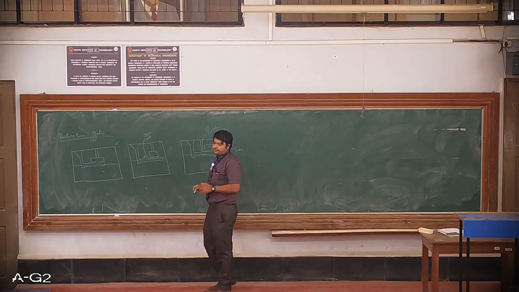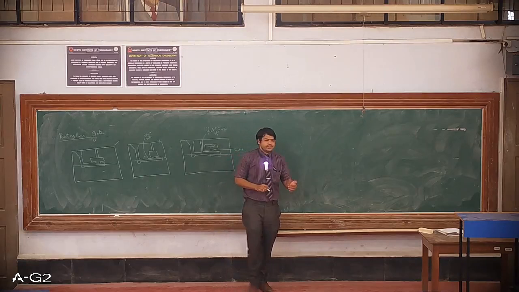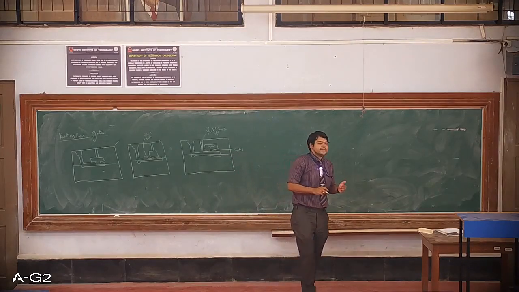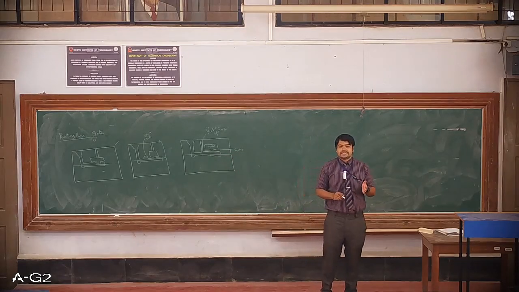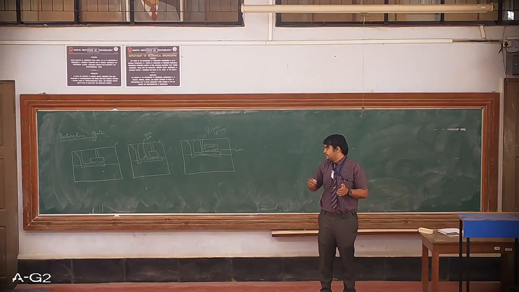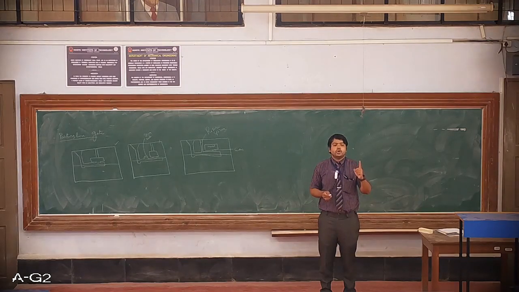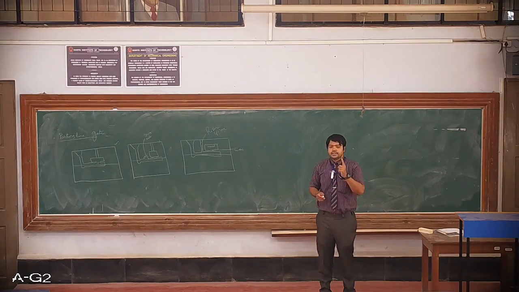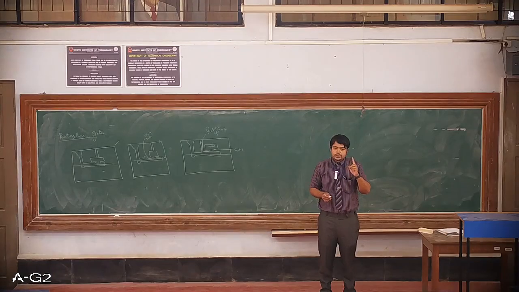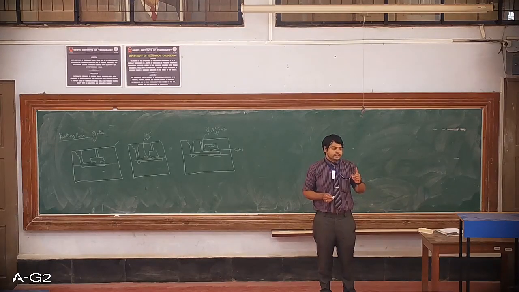The geometry of this riser sprue is similar to that of the sprue itself. That is the reason we call it a riser sprue. This not only acts as a riser, but also it helps in the escapement of gases. Okay, so this is about the parting line gating system. So always keep it in mind, the gating systems are classified according to their location as well as geometry. In the last part, now step gating system, we are going to see about the geometry. Okay.